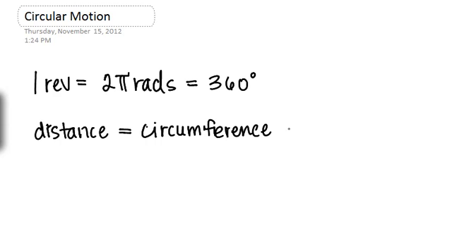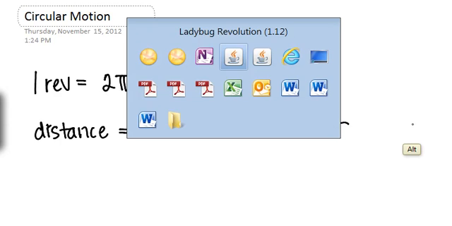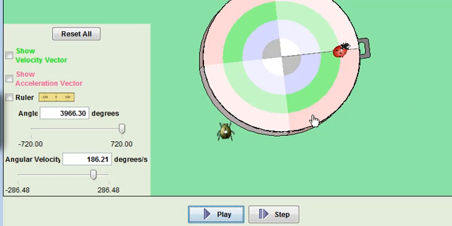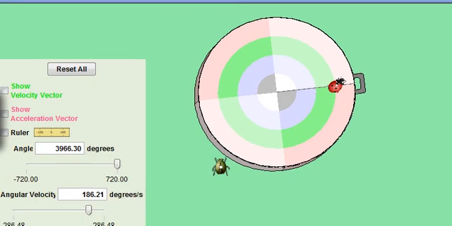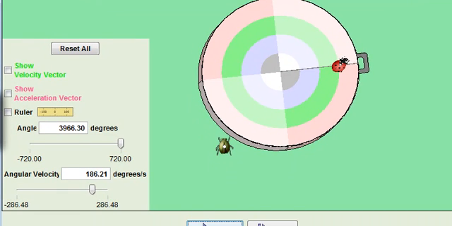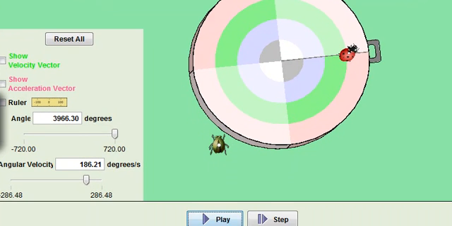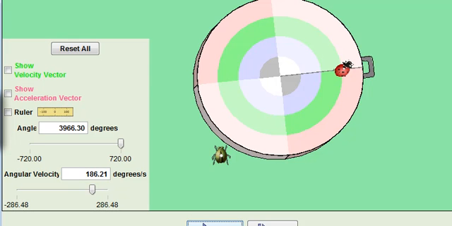And how do we solve for circumference? Do you remember that equation or something? 2 pi r or pi d. I like the 2 pi r version. All right, so let's hop back over here to our ladybug. And let's let the ladybug roll here. And if I hit play,